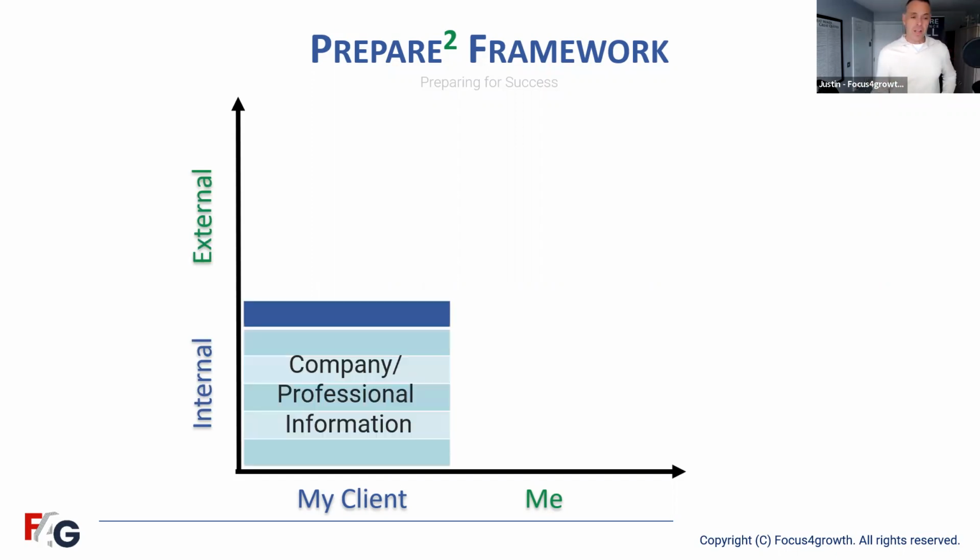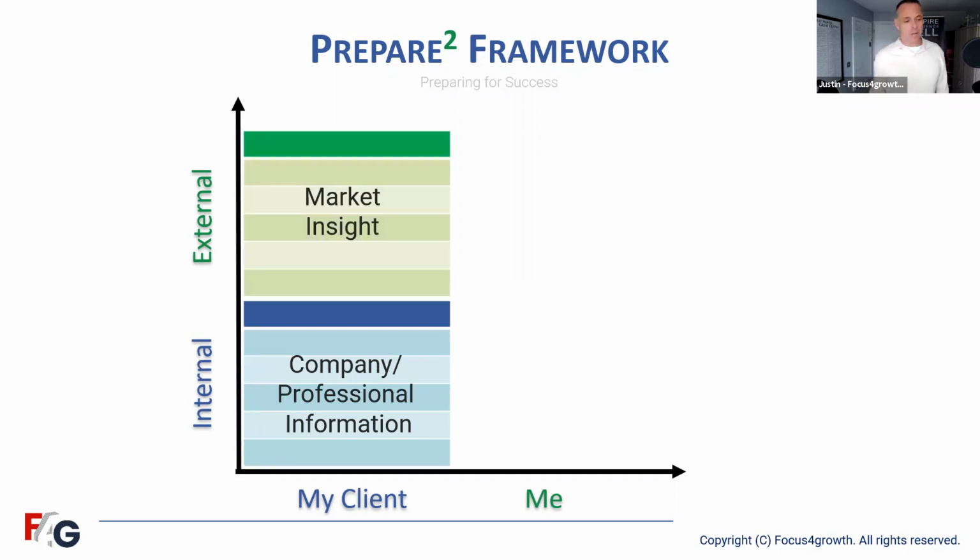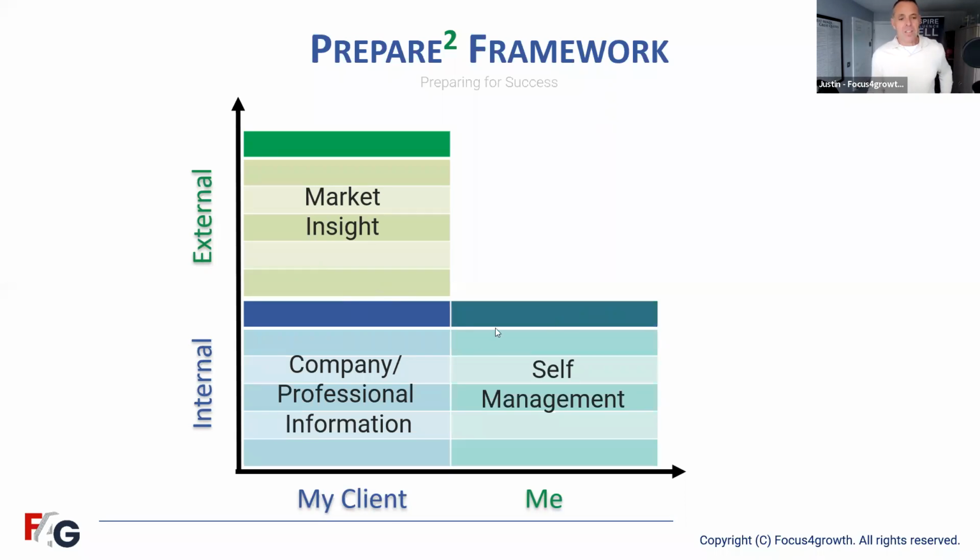and our organization. And then we build out a plan that looks like this, with details about the customer and what's happening in their organization. And then the market as the customer sees it. So not the market as we see it, the market as the customer sees it. And that's a really important distinction, because that starts to change your lens of how you position things with the customer. Then you start to think about how you manage yourself going into those interactions.